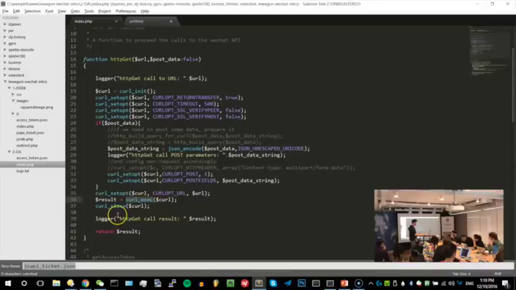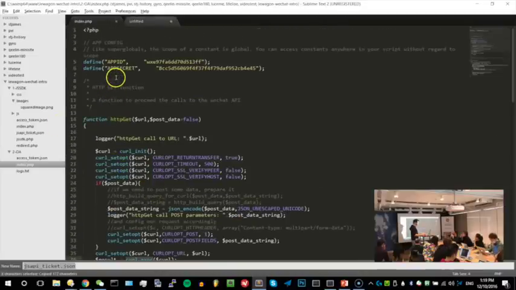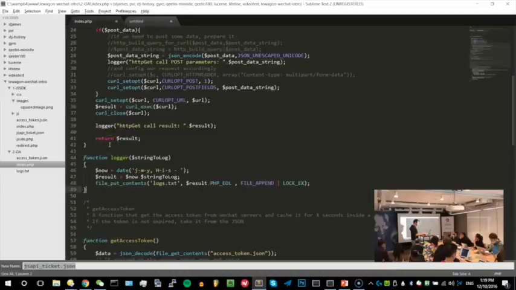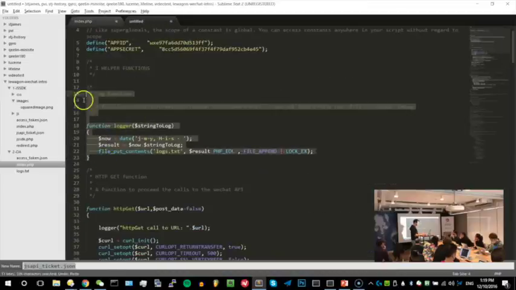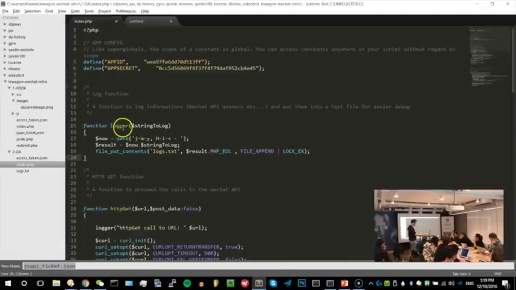Pretty much it. So there's another function that is called logger, and that is very, very important, and I advise all the developers to use this kind of thing. That's a time saver. It's a very simple function that's gonna write inside a file what you are doing, and all the answers you are getting. So I'm gonna add it here. It's a string that you pass in, and it's just gonna concatenate a date and your string and write it in a log.txt file.